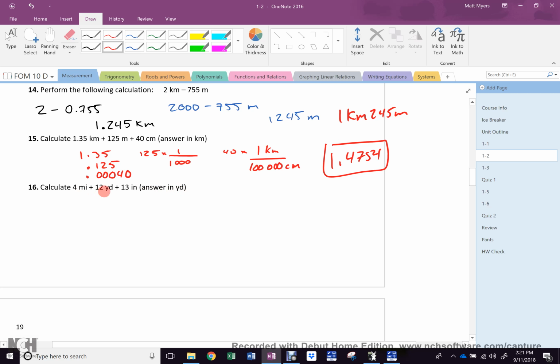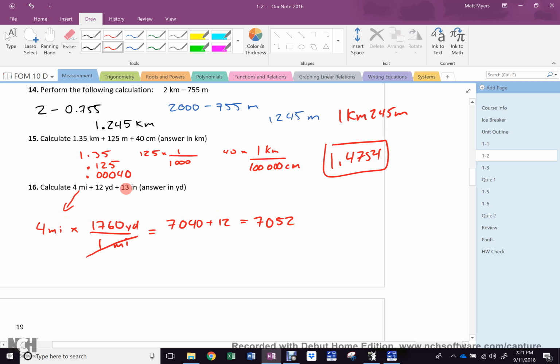Yards. Do I have to touch the 12? Why not? It's already in yards, so I got to do miles first. 4 miles times I want yards, 1760 yards over 1 mile. What do I do to the 1? Cross it out. Is this a multiply or divide? Multiply. 4 times 1760 is 7,040. Thank you, gentlemen. 7,040 plus 12,